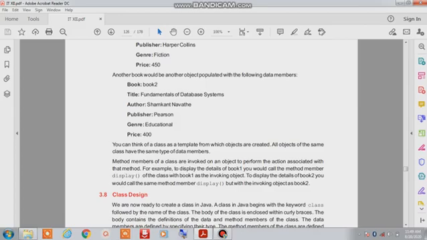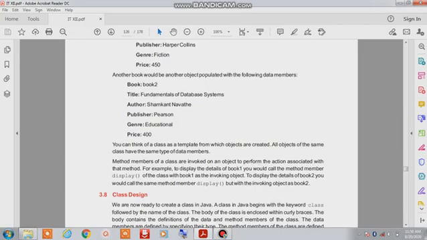To display the details of book 2, you would call the same method member display, but with the invoking object as book 2. Suppose you have two books, one of maths and one of physics.